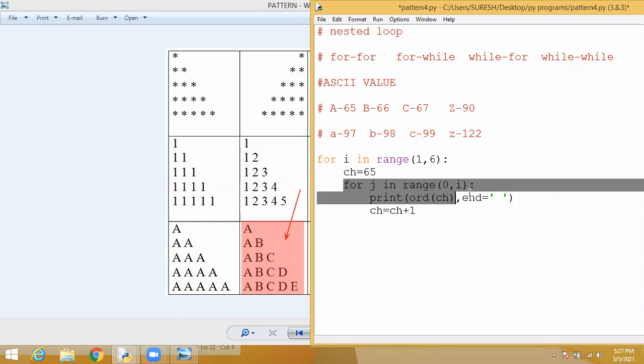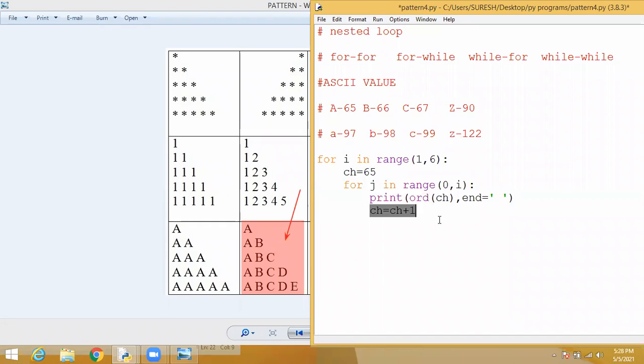The inner loop, the first time, will display the 65's character, that is A. The second time it will increment, 65 plus 1 means you will get 66, so it will display B. Again it increments and displays C. So we need an increment here. And after ending the inner loop, we are going to print a new line. This is a statement for printing the new line.